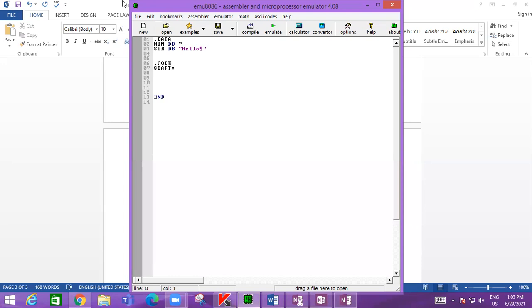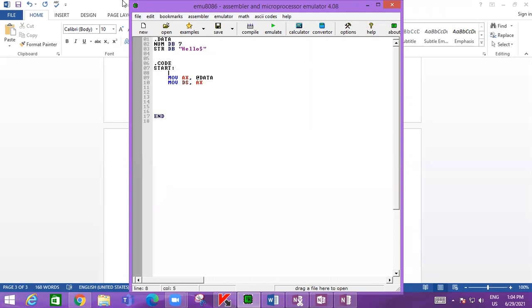So in the code section, what we'll do is we'll move the base address into AX first, that is from the data segment, and this address that we have in AX we'll move into the segment register, that is DS. Now AX will be available for further usage.